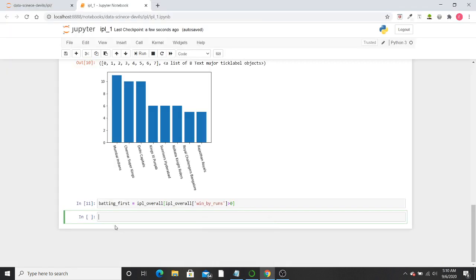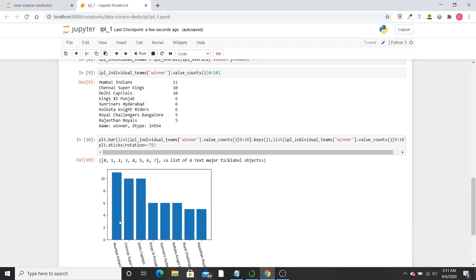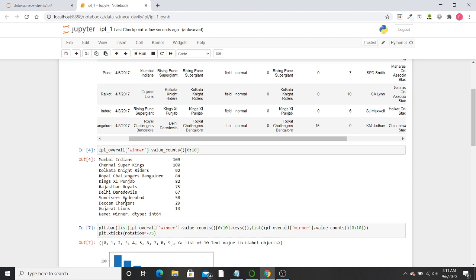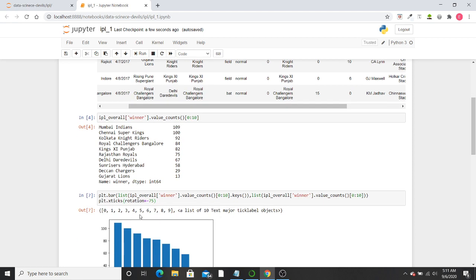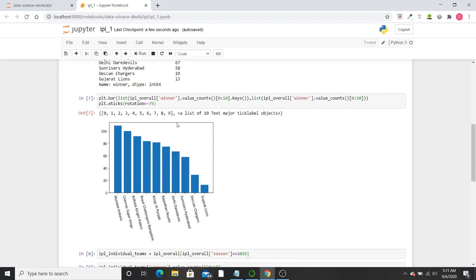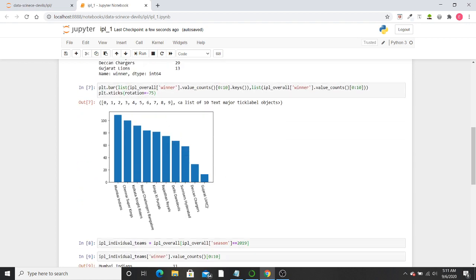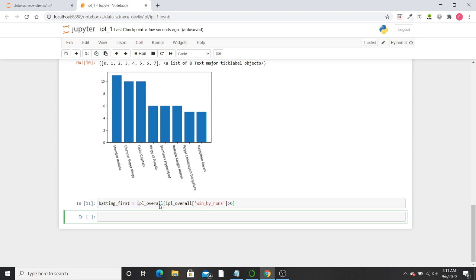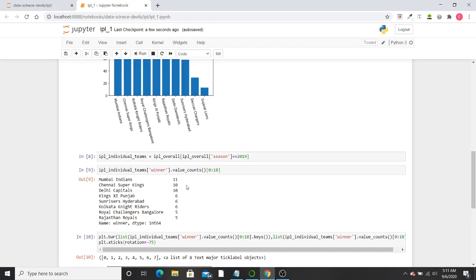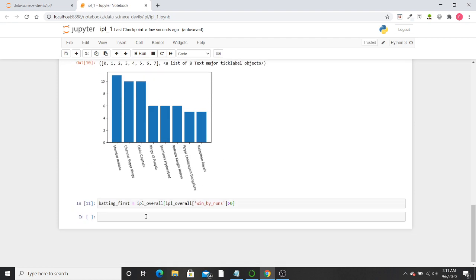Now we want to analyze them. So again we need the top 10 teams. Once you get an idea of this plotting function and this analyzing function, the task becomes repetitive and kind of easy. So again for analyzing, I'll simply copy this by Control C and paste it here.